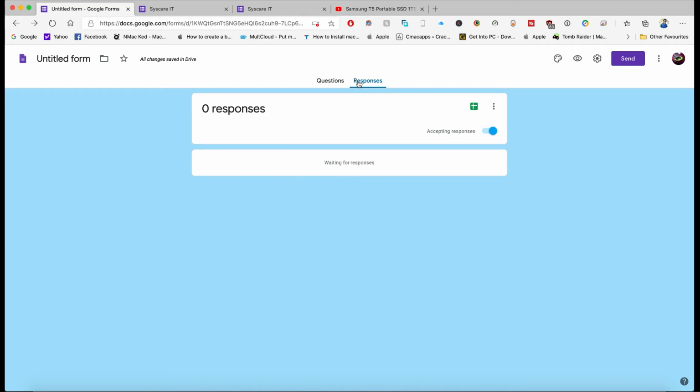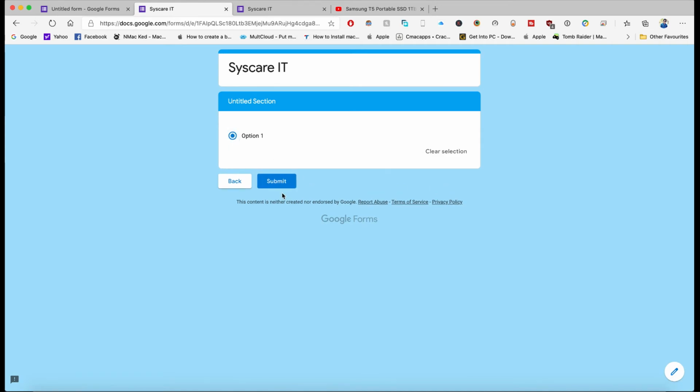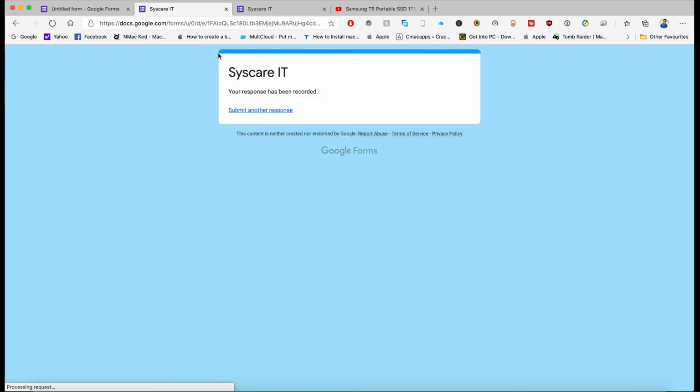And see, in this tab you can see the responses. Wherever you send to anybody, any mail ID, and they respond to this form and submit, after submitting you can see the whole forms here. I'm showing you an example. Okay, I filled this form and I've submitted. See, your response has been recorded.